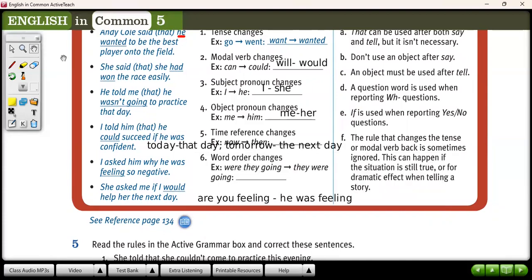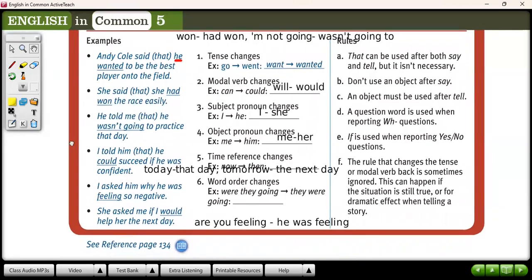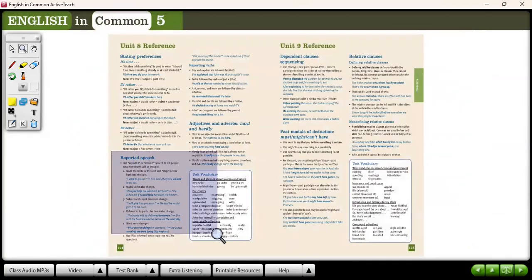Now, let's see in the grammar reference some more examples, okay? Later, with more time, you can read the rules here, but I prefer to go through the rules, showing some examples in the grammar reference. So let's take a look at the grammar reference.